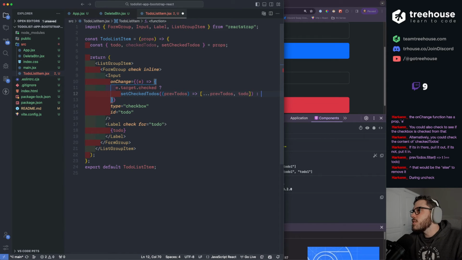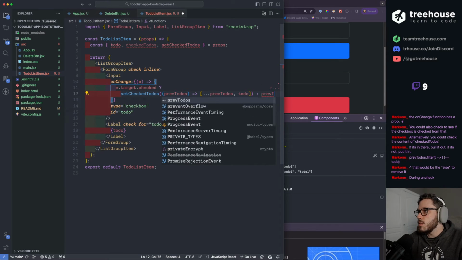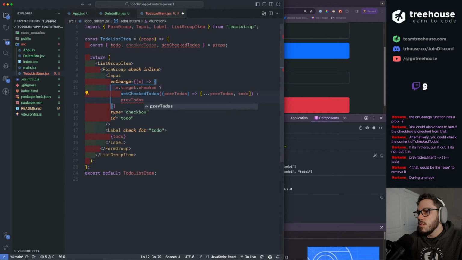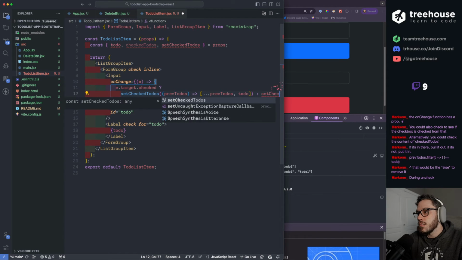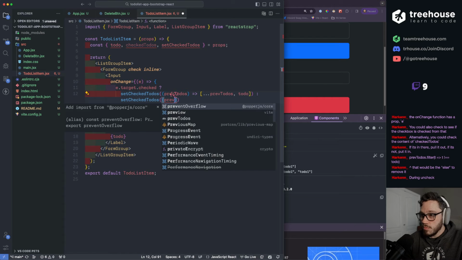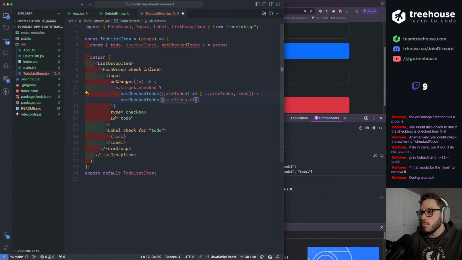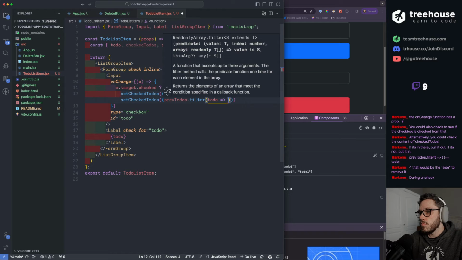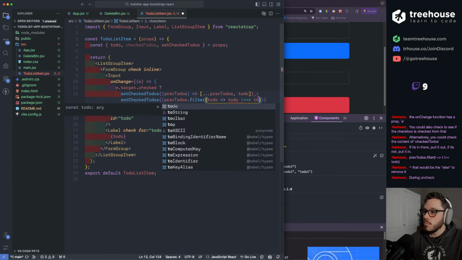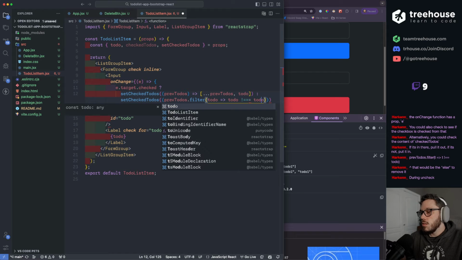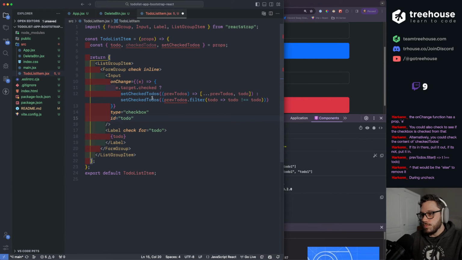So let me see what that was. Else previous to-dos. So why is it saying previous to-dos not followed?